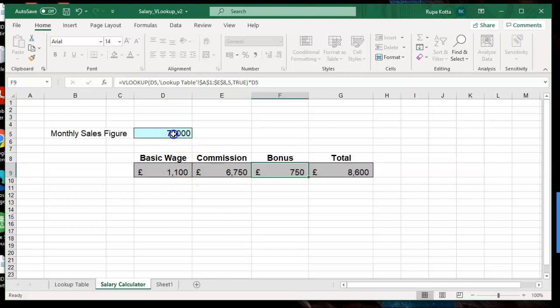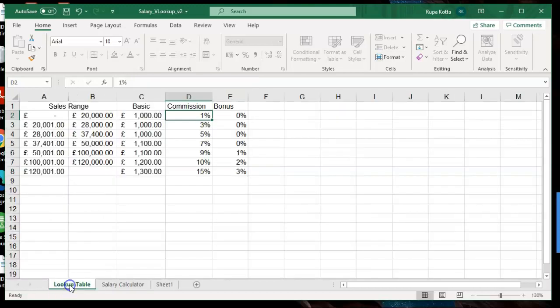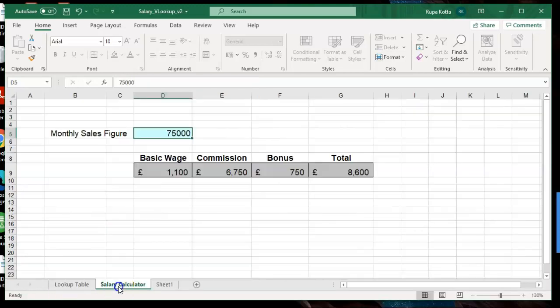And just if you want to change and check any other figure, let's see, the highest salary is 120,000, so I will use 110,000 here, and you can see the figures are automatically changing. So whatever figure you are typing in the sales, the information is getting reflected accordingly. So if you type 10,000, you can see commission and bonus are changing. They wanted you to leave 75,000 as it is, so that is your calculation for 75,000. So this is your task 12-7.